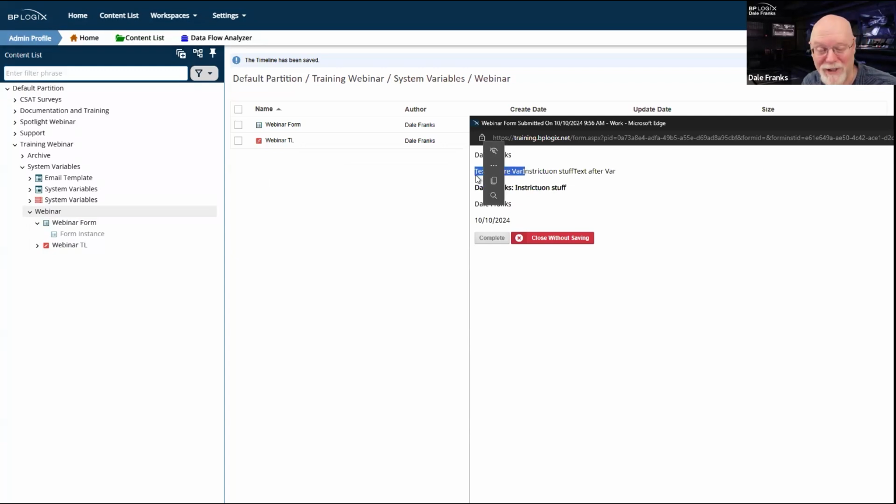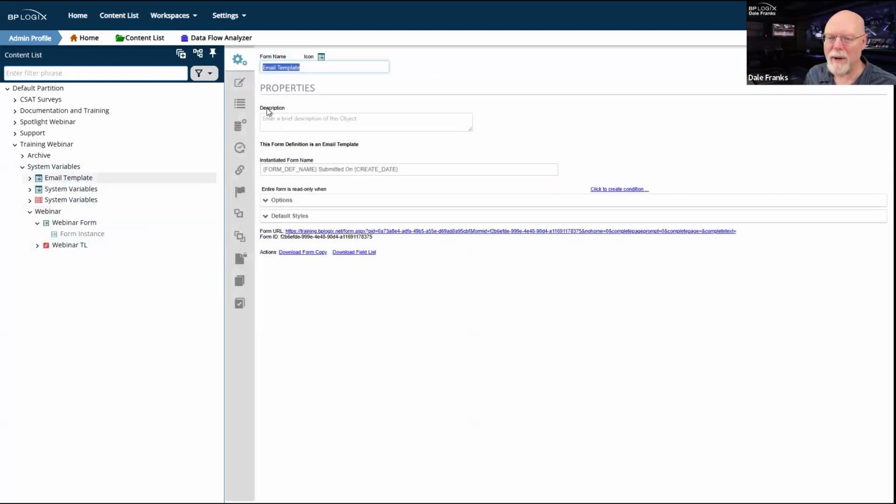So the problem wasn't that the post didn't work. The problem was it was null. So there is my actual instruction right here. And then you can see my pre and my post are there. Obviously, I would want to add some spaces and other stuff to make this work. But pre, post, and null is pretty cool because with pre, I can put in a header like instructions or activity user or whatever, so that my system variable would be a little bit more formatted.